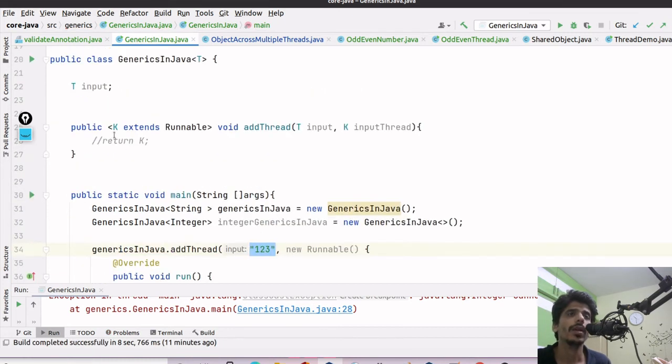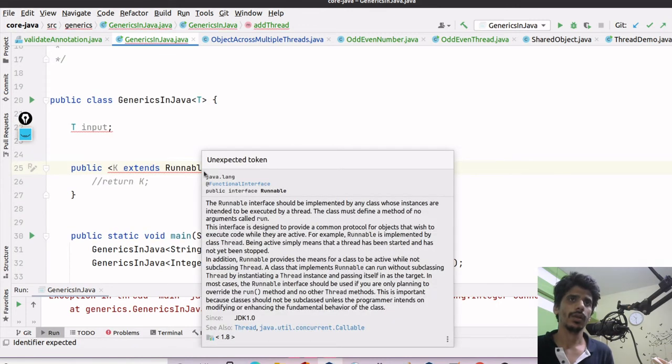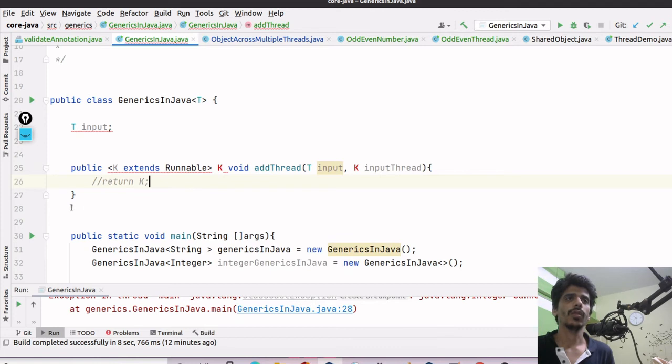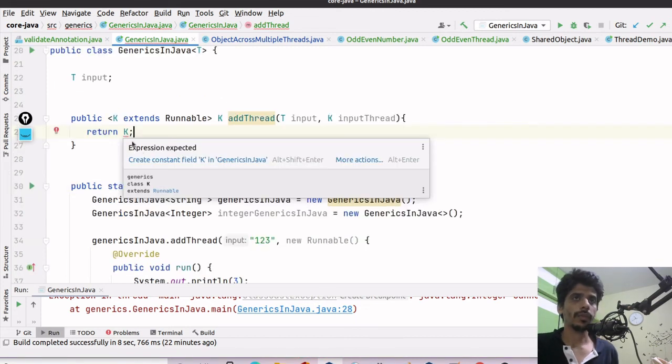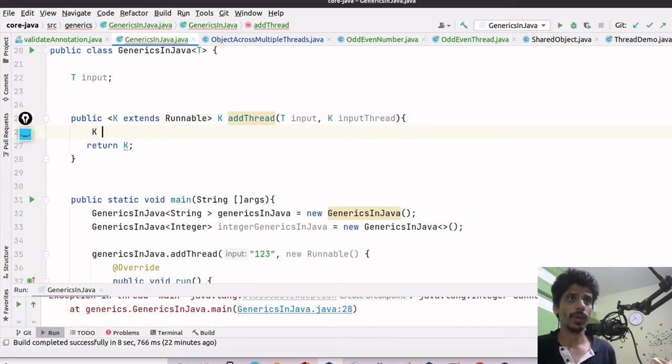So we can define here itself at the method level which type we want, and then we can use the same throughout the method. We can use the same as a return type also, and so it will say unexpected token. So I should just put a return type also. Okay, K extends Runnable, and I should remove void. Expression expected. Yeah, oh sorry. So instead of void it should be an expression. My bad. So it should be K, and then something we can